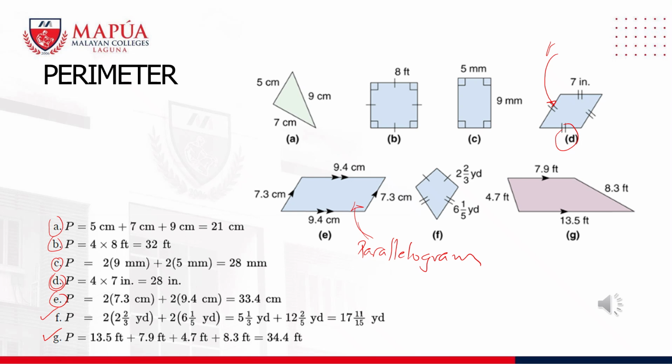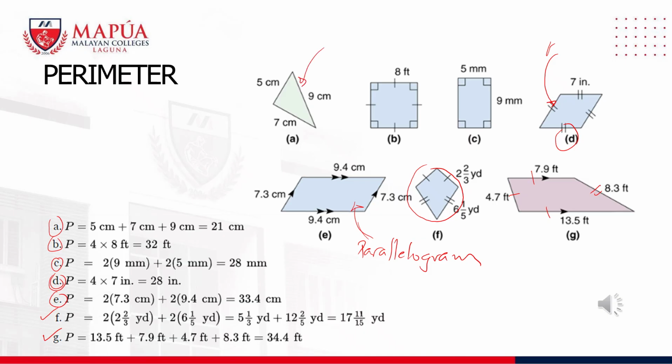And for F, this is a kite. You see, this is the picture of a kite. And then the other one, this is the trapezoid. Okay, so a trapezoid, class, has two sides that are parallel to each other, but not necessarily equal to each other. And another side, which is also not equal to this side here. So this is what we call a trapezoid. Just be familiarized with the kinds of polygon that we are dealing with.